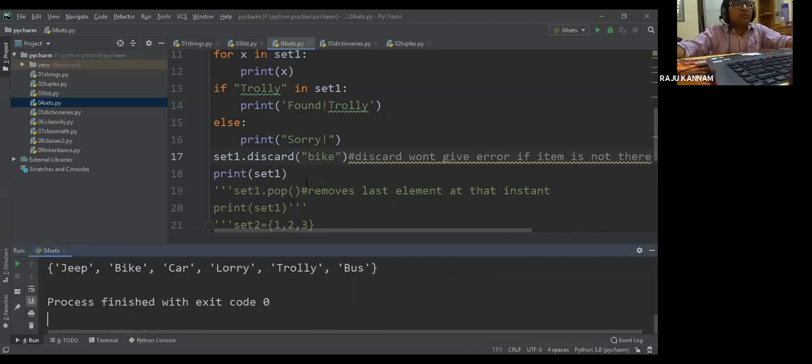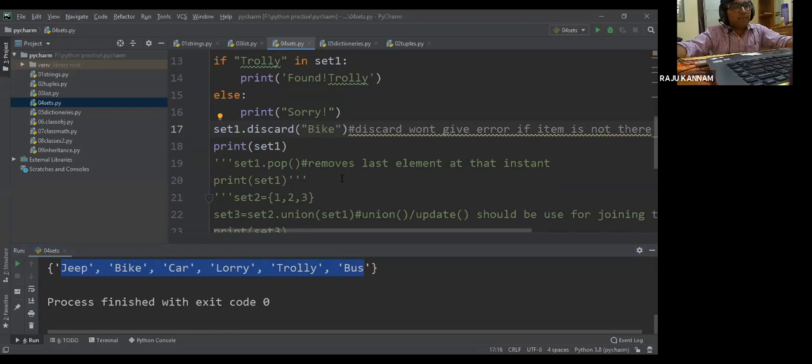I have used a small b, but here a capital B is there. That's the reason this was not removed. So the item is not matching, and discard won't bother if the item is not available in the given set. Otherwise, both discard and remove are the same.